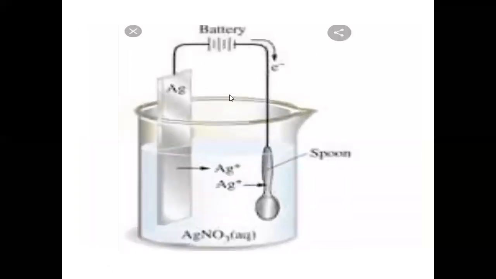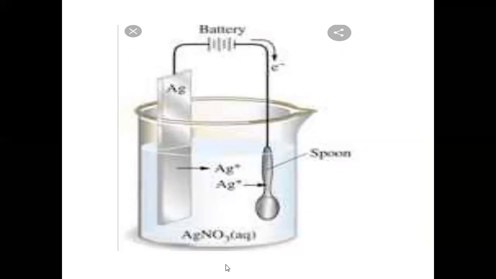In this image, you can also see this is a spoon, an iron spoon, which is electroplated by silver. That silver will go and electroplate this iron spoon. The method I told you is the same. The spoon will act as a cathode and silver as an anode, and we will use the salt of the same